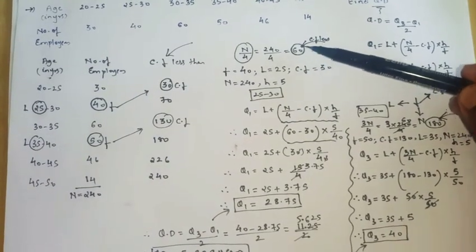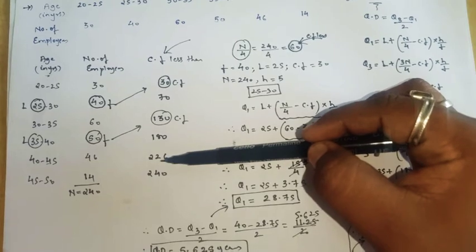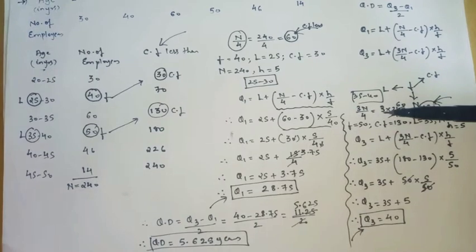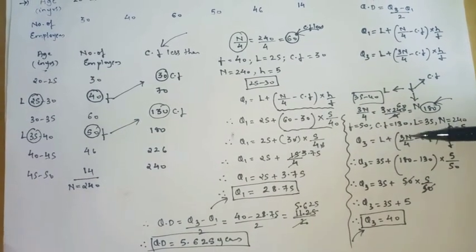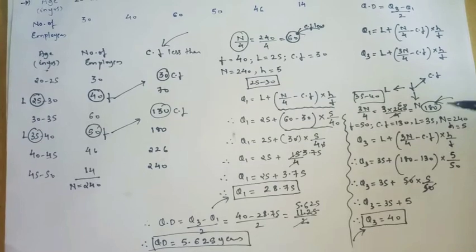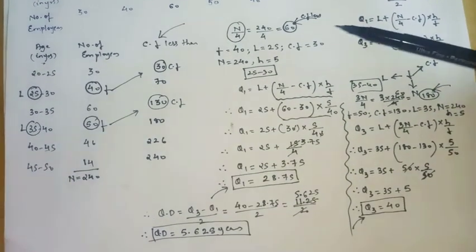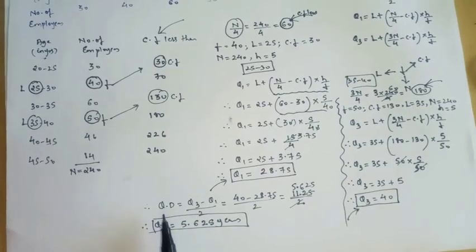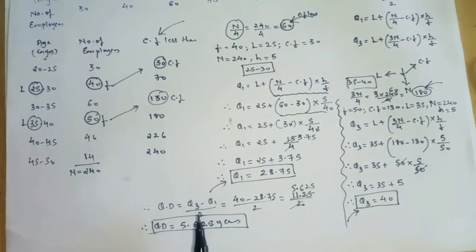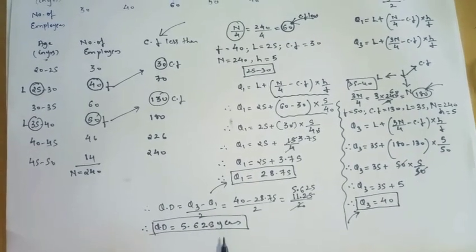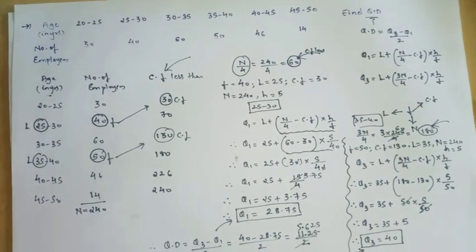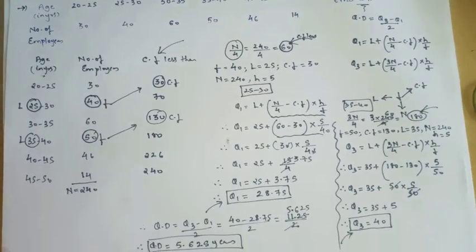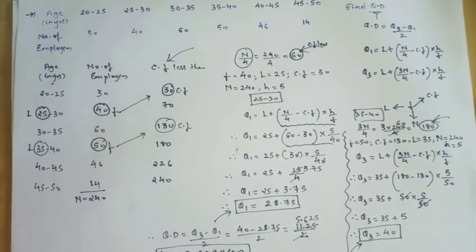With the help of this, you can easily find the remaining values. Whatever answer you get here, just check in the cumulative frequency where it lies. Do the same for Q3 also. First take 3N upon 4, and with the help of that you can easily find the remaining values. Just substitute the values, you will get Q1 and Q3, and we know that the formula to find QD is Q3 minus Q1 upon 2. So therefore here we got the answer. I hope you understood this sum, and this is a very important sum from this exercise. It carries 3 to 4 marks, so please don't skip this sum for your exam.